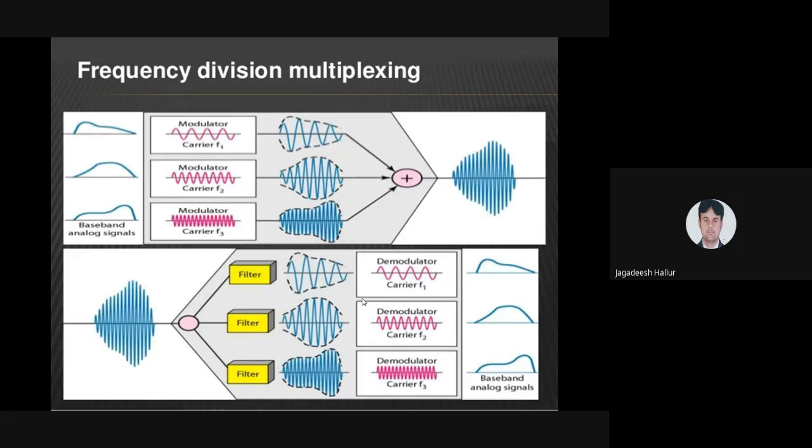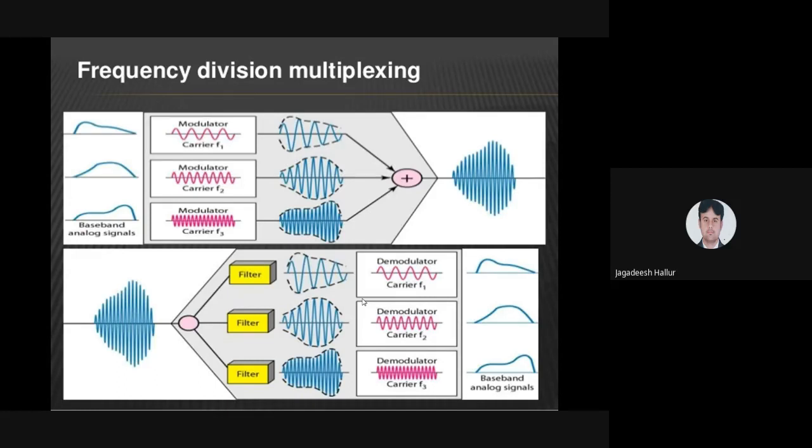So that depends on the voice signal. It has to be divided into 3 blocks: modulator 1, modulator 2, modulator 3. Carrier frequency 1 is for voice signal 1, carrier frequency 2 is for voice signal 2, and carrier frequency 3 is for voice signal 3. Once the signals have crossed the modulators, they all have to reach the summation, which is one more block.